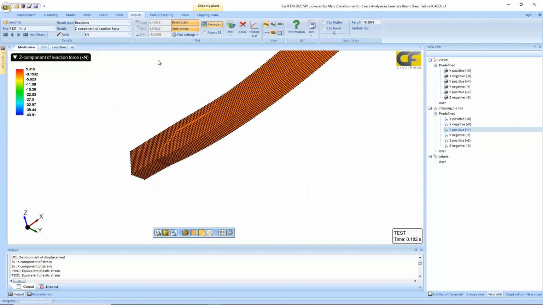So here are some of the options that are very useful for plotting